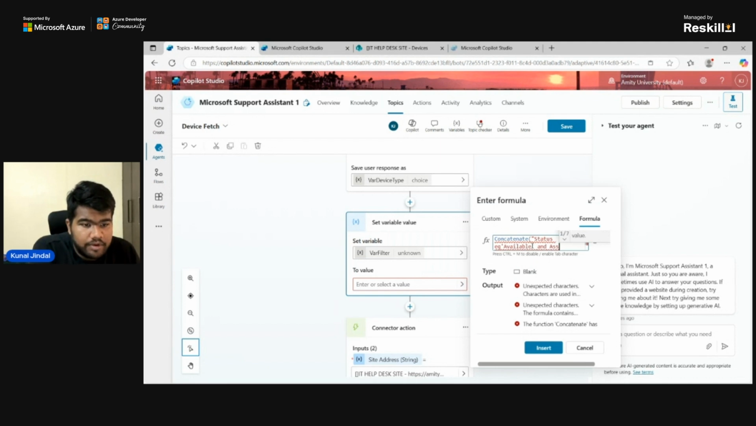So in this one, what we have done is we have made a query which is status type equals available and asset type equals device dot topic dot var device type. So var device type is this choice that the user selects in the question before it, and it will insert. Now what we're going to do next is filter our responses based on this query that we just wrote. So we'll take advanced inputs, filter query, and we'll put it